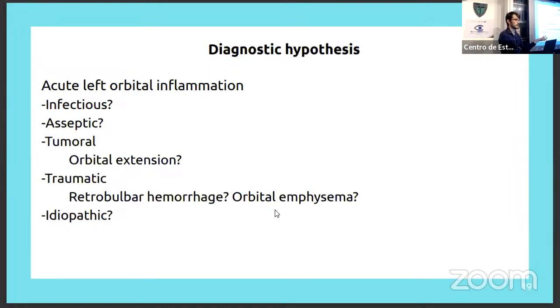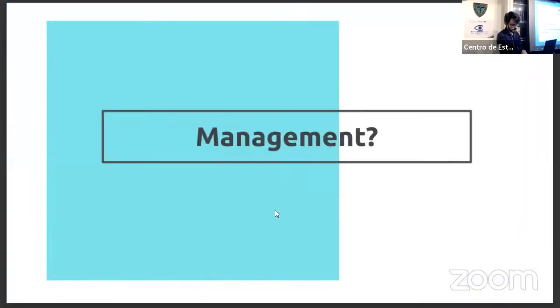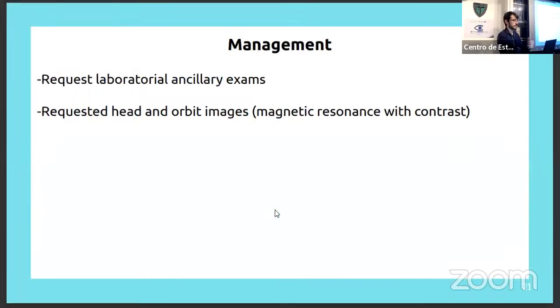We already had this diagnosis that she had this melanoma. Other less probable is traumatic etiology. She didn't say to us that she had any trauma. We could think about an orbital emphysema or a retrobulbar hemorrhage or idiopathic, but here it's not quite a possible hypothesis. So thinking mainly about how to differentiate infectious and aseptic orbital cellulitis, we requested some laboratory ancillary exams and